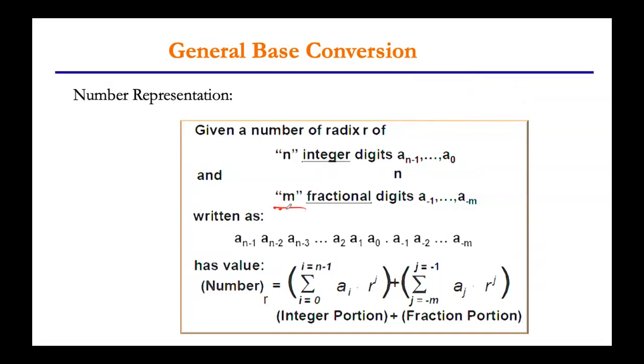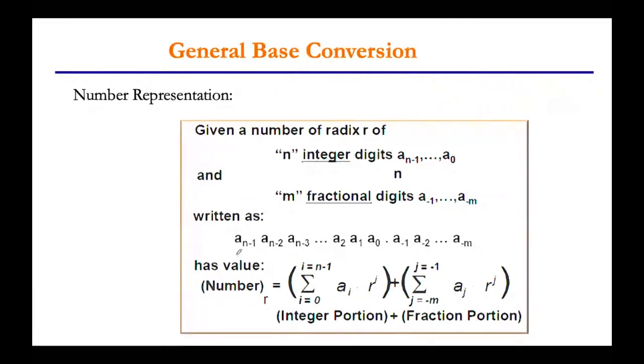Similarly, for the fractional part, if you have a number like 123.456, the digits will be written from the first one as a minus 1, a minus 2, and so on, up to the last digit, a minus m. So overall,